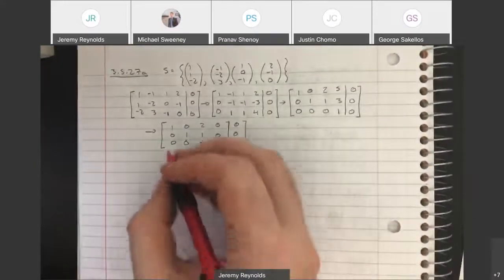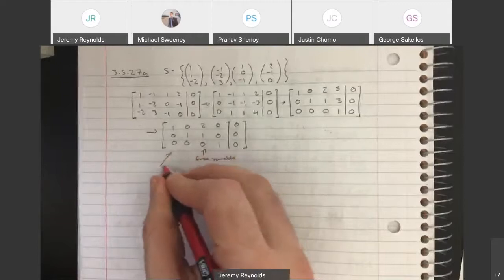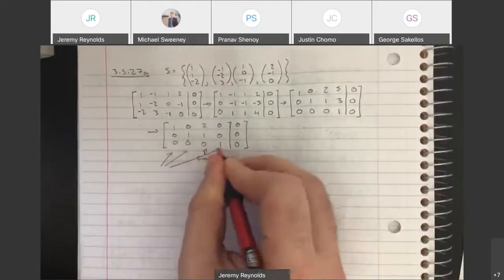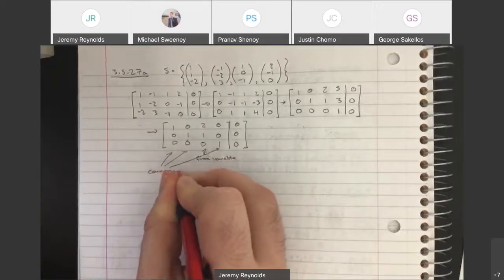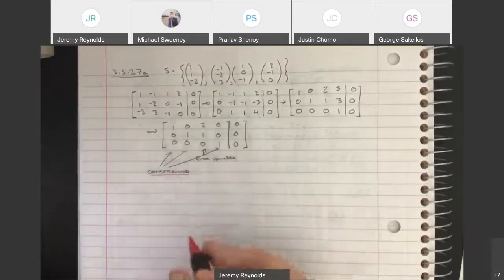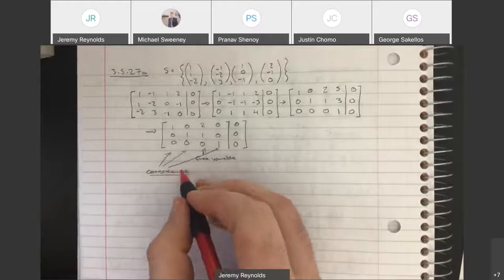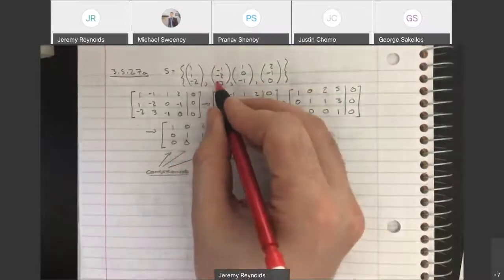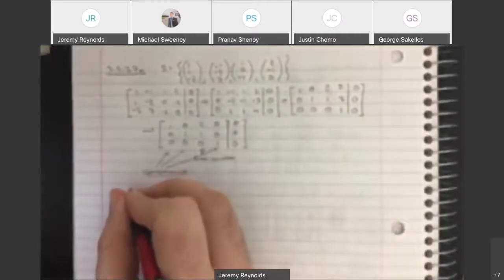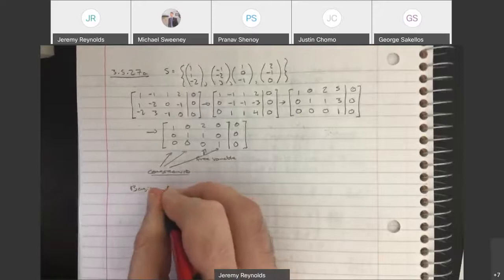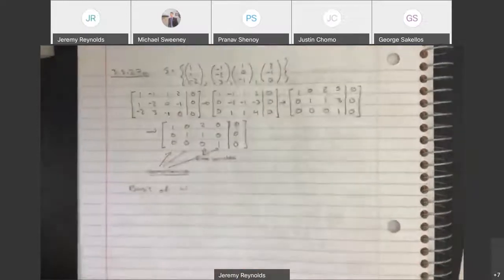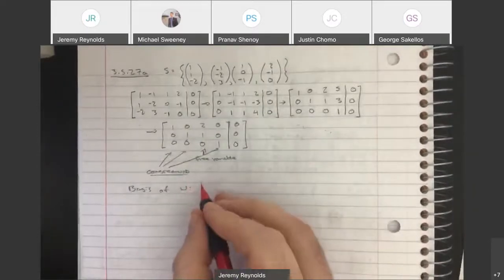This is a free variable. These 3 are constrained. So we know from the method we used before, we can just take the first, second, and fourth vector. We can get the basis of W is going to be the set